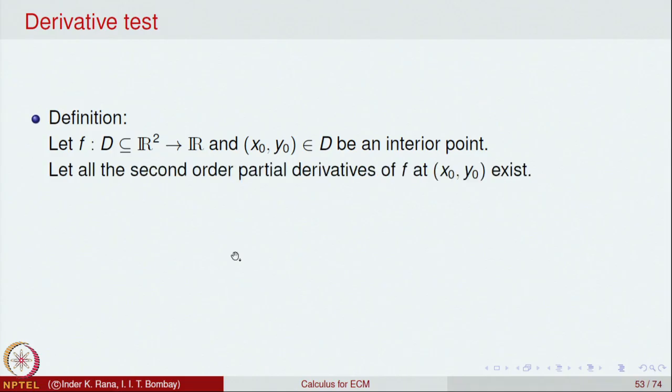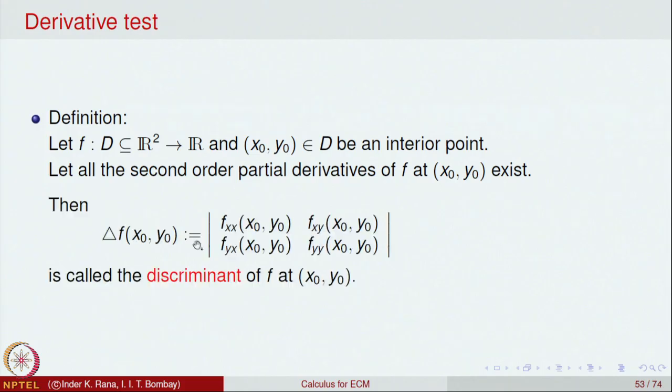So, let us take a function of two variables f(x, y), and let (x0, y0) be an interior point, such that both the second order partial derivatives of f at (x0, y0) exist. Then we define a quantity called the discriminant. It is a 2 by 2 determinant. So, that is defined as, this is a notation used for the discriminant